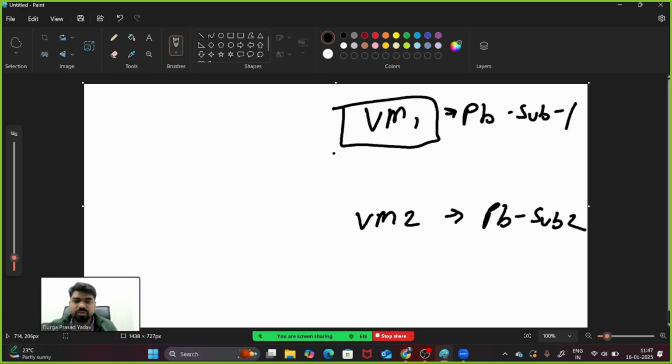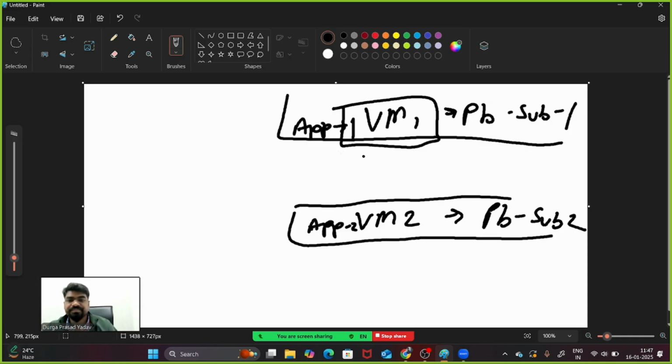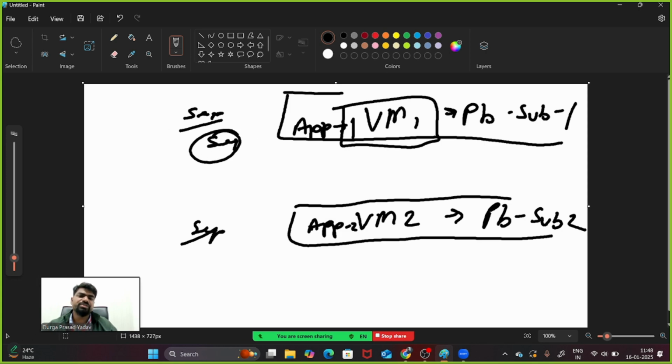You are calling it app1 now, and this is your app2, right? This one we have created in public subnet 1, this we have created in public subnet 2, right? It has a separate public IP. Public IP we have to enable. Security group we have used the same. Security group, if you want you can use the same or you can use different also. Done guys?